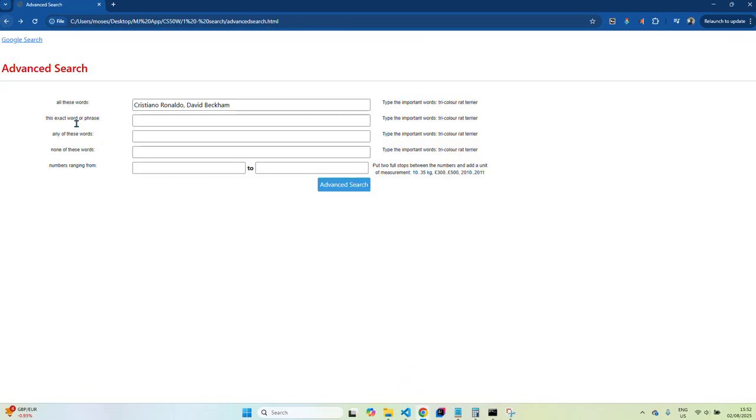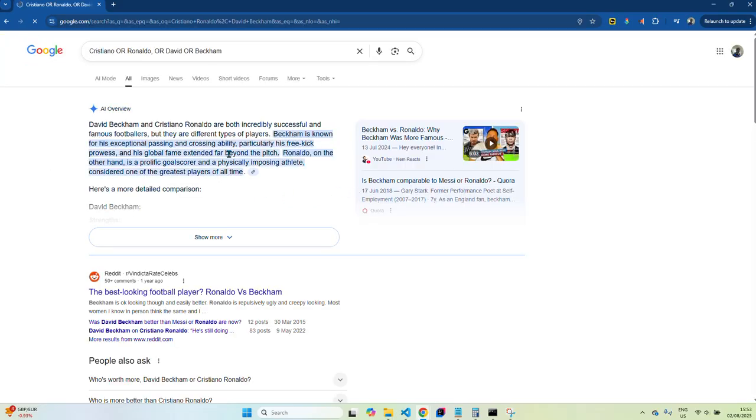The same can be done, for example, using any of these words. So we can search either with Cristiano Ronaldo, and get search results based on either Cristiano Ronaldo or David Beckham,